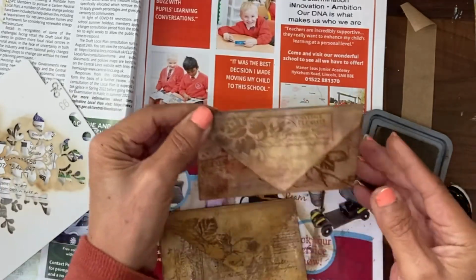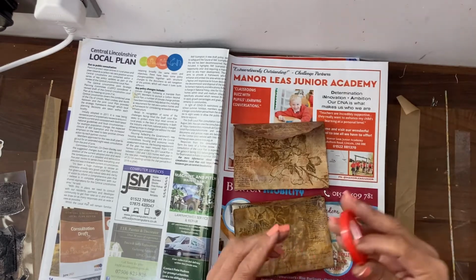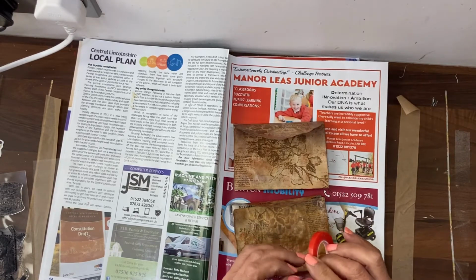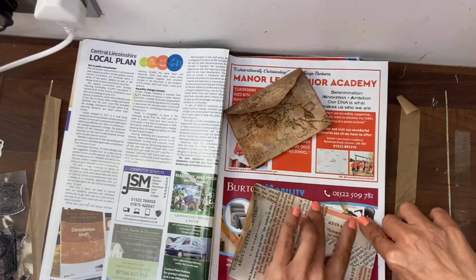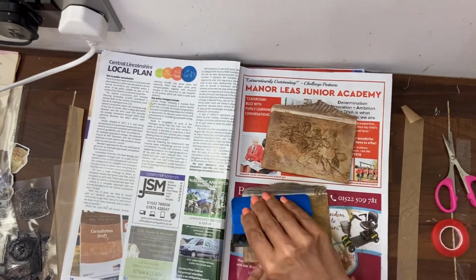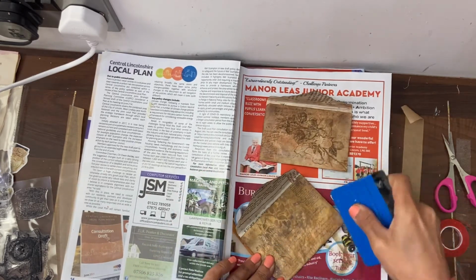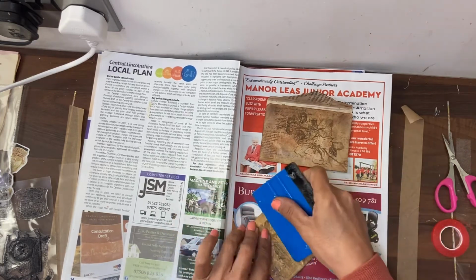I really don't think any more needs to be done. I'm going to use some double-sided tape and just pop this down the edges, just the two sides. Now that these are together, just on those edges, just push everything down and create really good folds. The folds are there, they just need to be